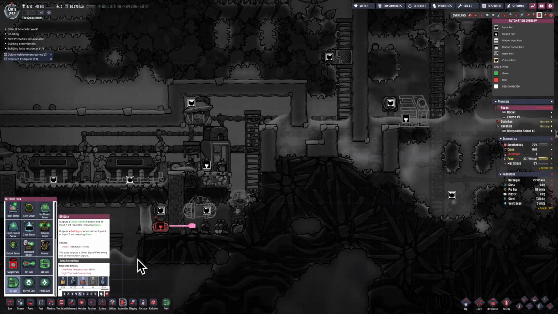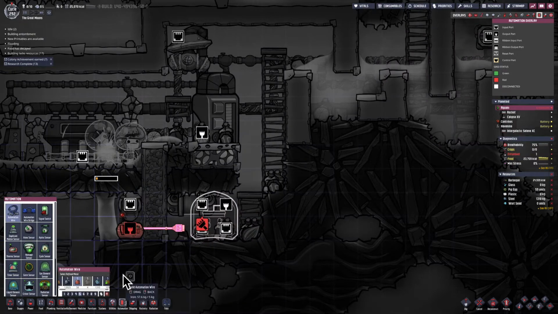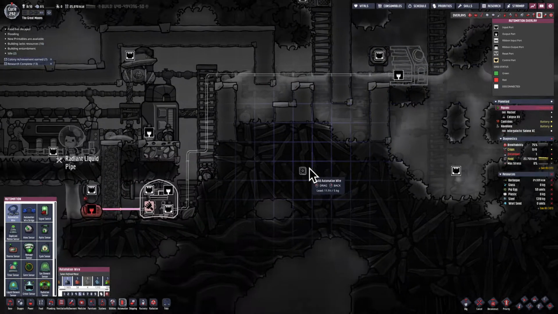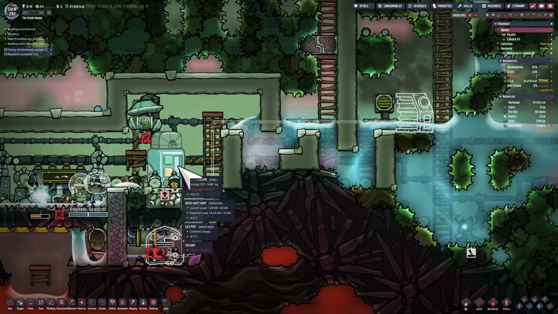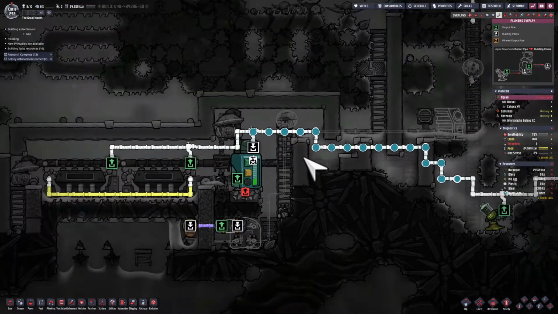So I got a liquid shut off there because I want to control when I put water into that system. I don't want to just put water in it just because the steam turbines are outputting it. I've got a liquid reservoir to store that hot water of 95 degrees. I'm putting that with an OR gate. So that's basically saying only let the water through if I'm in need of